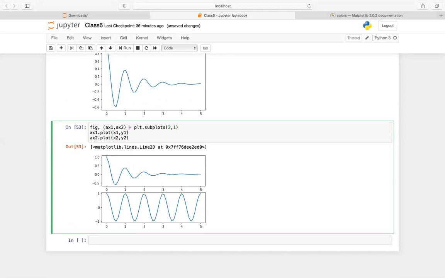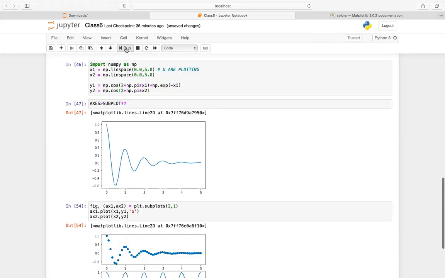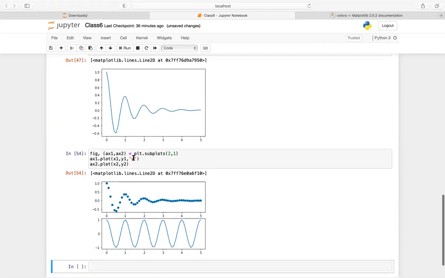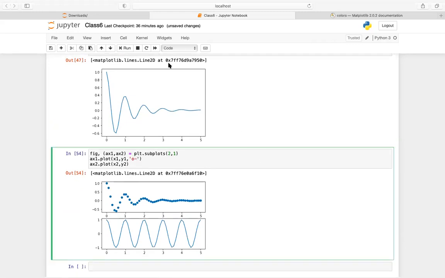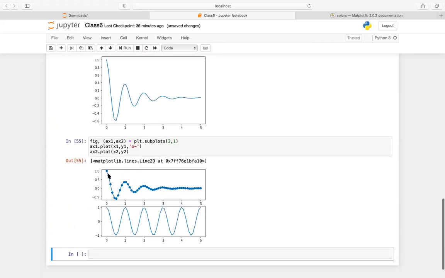Now it's looking a little odd, so let's make it a little better. First thing is that I can mark the points individually. So I want to mark the points with O. If I want O with a line, if you put the symbol, it will mark it as O with the line, so it will just show you the points it is flowing through.